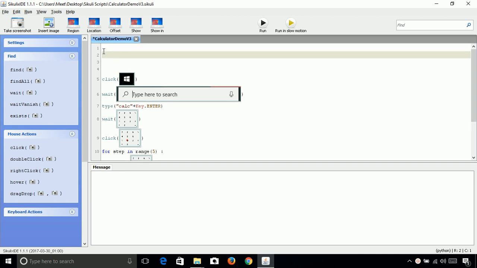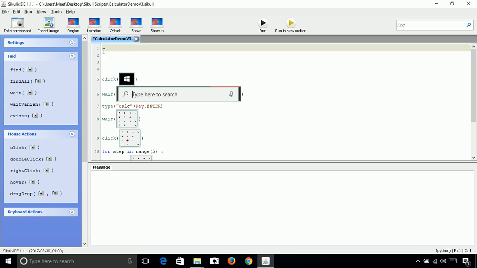So in this demo, it will keep adding until we press one global hotkey which we are going to define here. It will add continuously 2 plus 2 plus 2, and once we press that global hotkey, it will stop there and give the result. This is what our demo is going to do. So for that, let us define a variable that is running and set it as True with capital T.